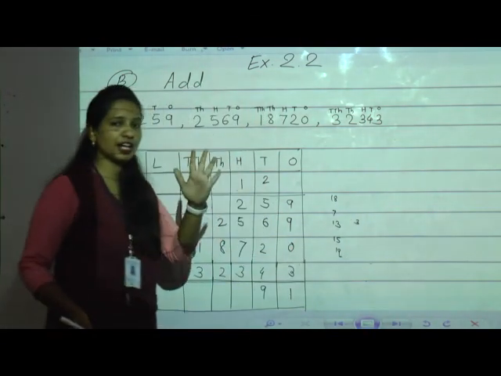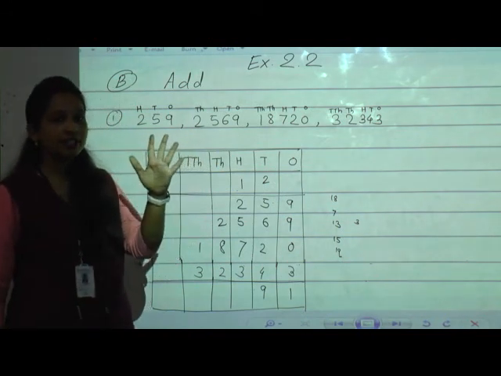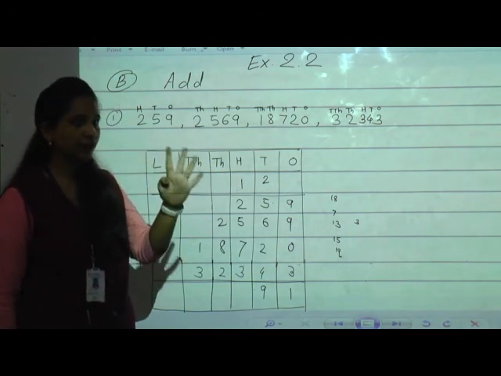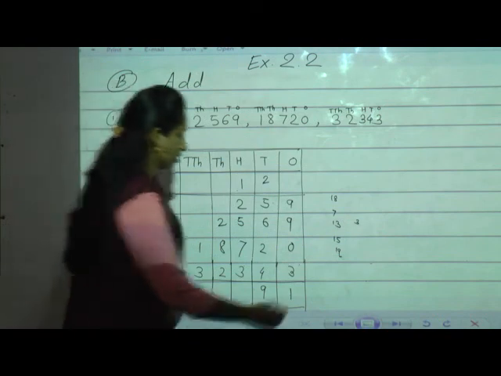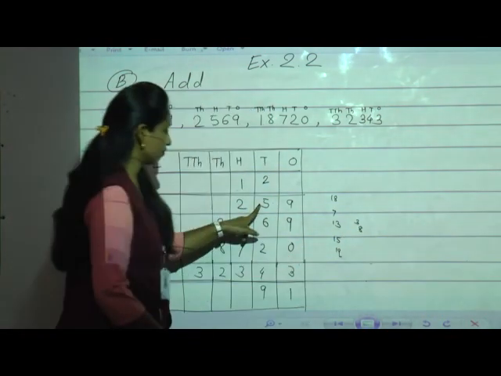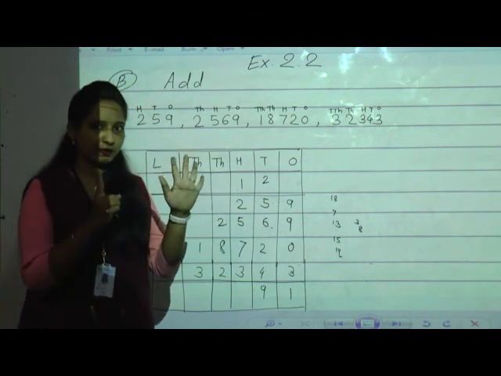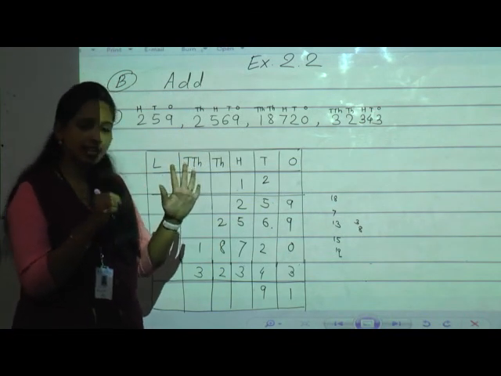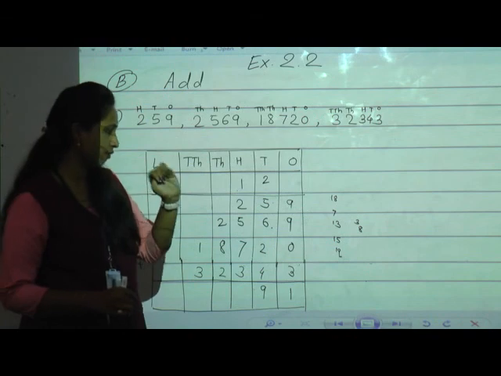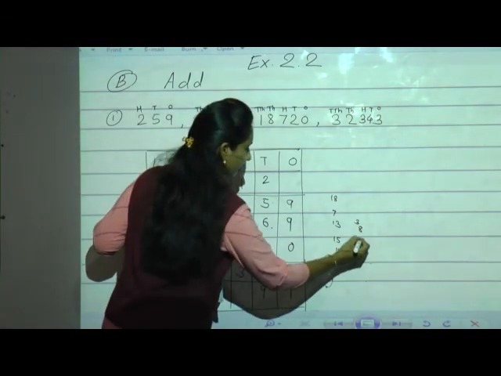Write 3, 5 on fingers. 3 plus 5: 3, after that 4, 5, 6, 7, 8. So write 8. We have added 3. Now 6. Now 8 after 6 fingers: 8, after that 9, 10, 11, 12, 13, 14. So 14. Now